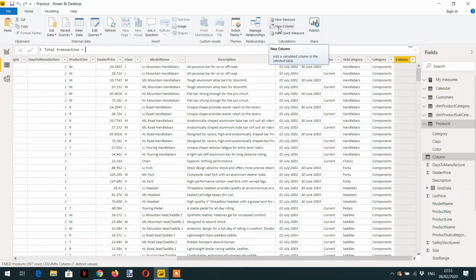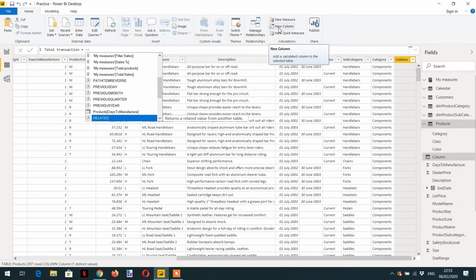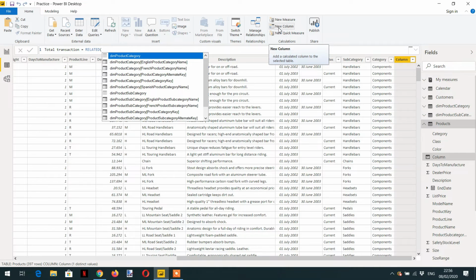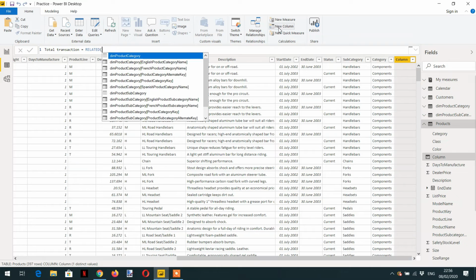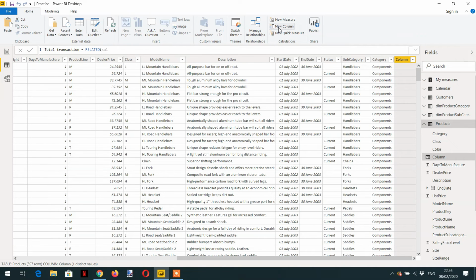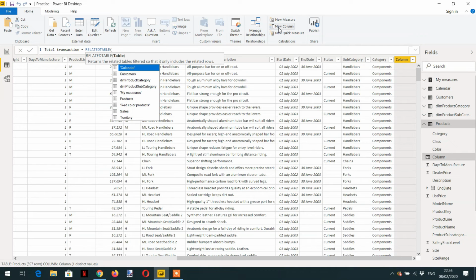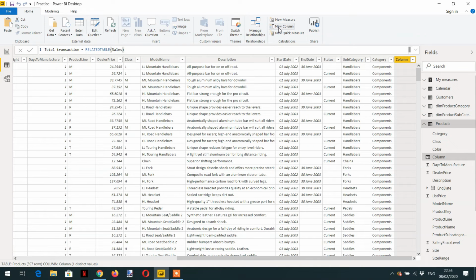because one product can have multiple transactions, so we cannot write a RELATED function here, because RELATED will not give us access to the many side. See, when we try to write sales, we are getting nothing. So to get the values from the many side, we have to use a function, RELATEDTABLE, and then we need to pass the sales table here. If I hit enter,